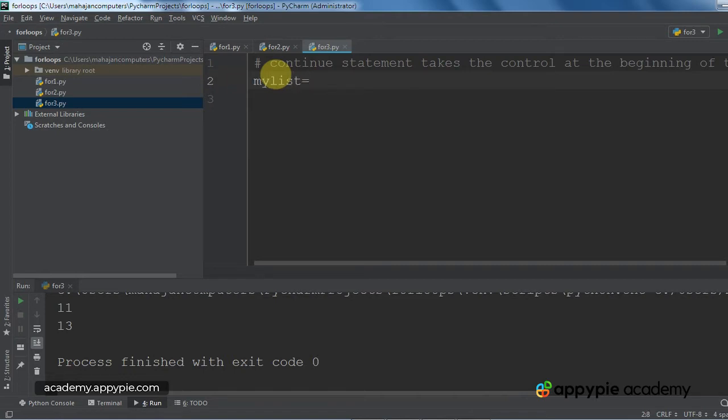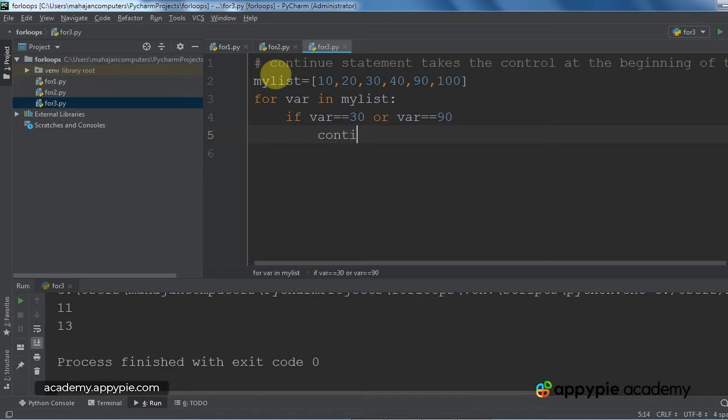So suppose I have taken a list with the name my list, and I'm going to give some values: 10, 20, 30, 40, 90, 100, something. Now I am writing for var in my list. So as usual, it will pick up the values from the list one by one and put them into the variable var. Now what I want is to print all the values except the value 30